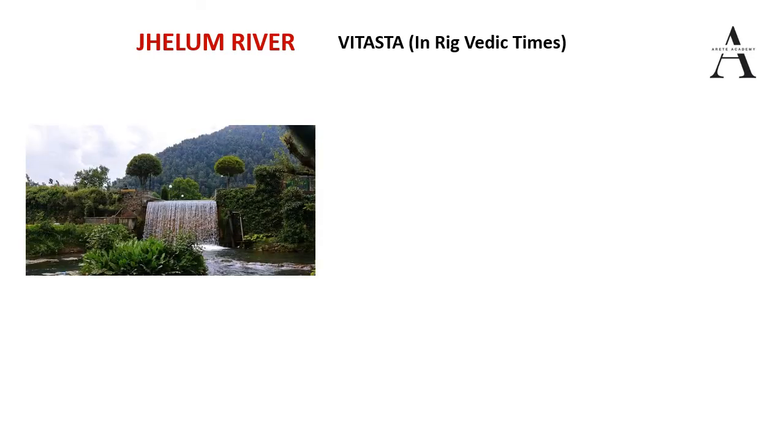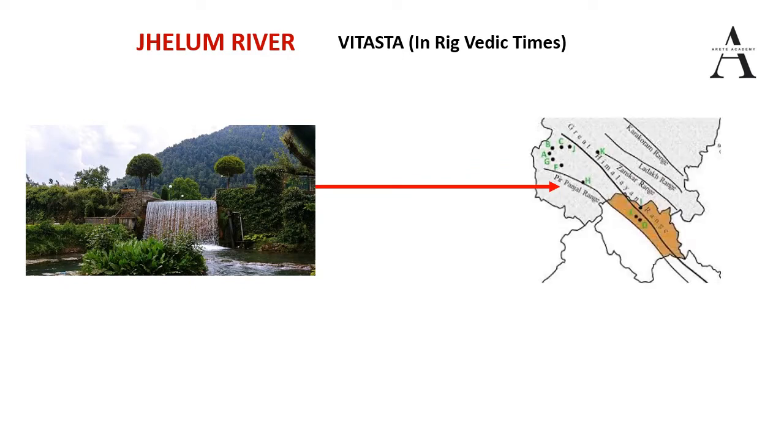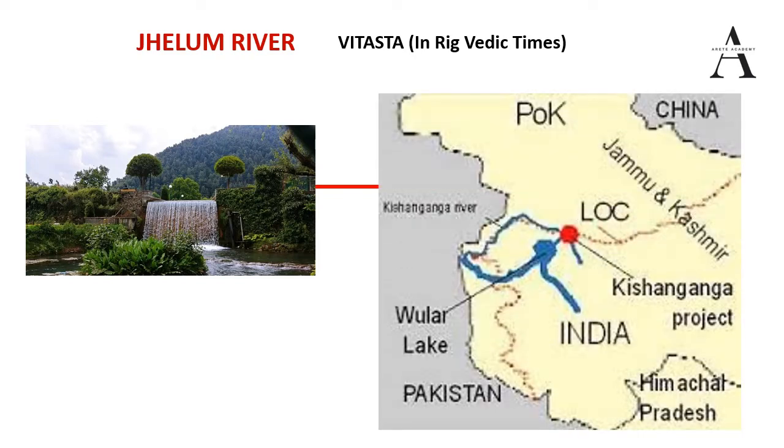Now we will discuss the important tributary of the Indus River system, that is Jhelum River. Jhelum River is mentioned in Rigvedic times as Vitasta River. Jhelum River originates from the Verinag spring, located in the Pir Panjal range of Kashmir. Jhelum River is the lifeline of Kashmir Valley people because it plays a very important role in feeding the Wular Lake, and there is another important tributary of